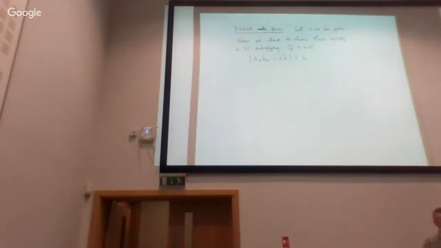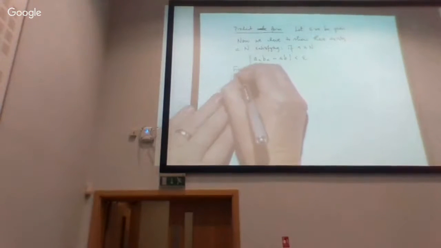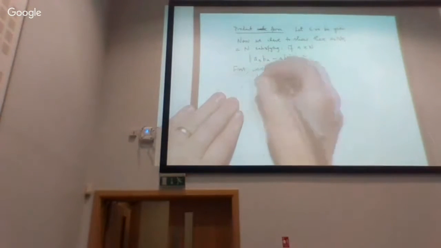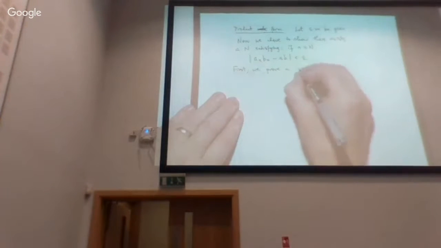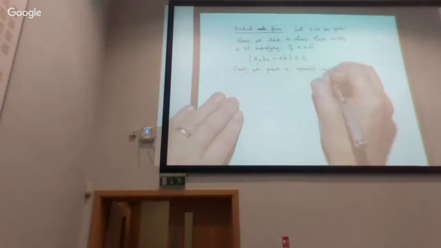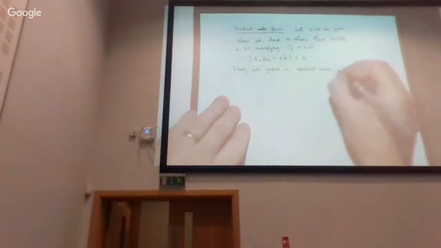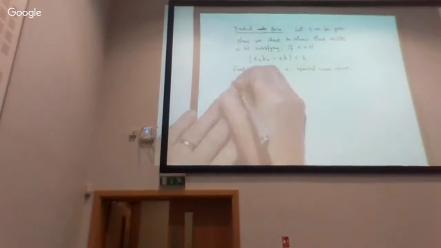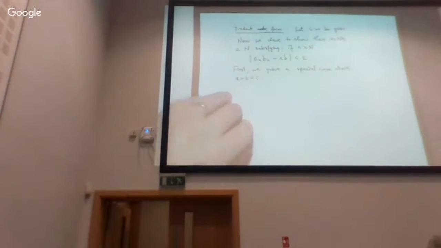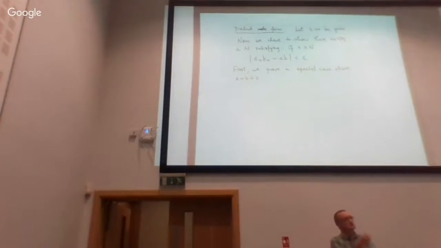Now, we're going to approach this in a strategic way. So first, we prove a special case. And also we're going to show you the way we can reuse results we've already proved to prove more. So I'm going to prove a special case of this. I want to examine a very simple type of situation, so not completely general. We'll prove a special case where both of the limits A and B happen to be 0. So I'm throwing in an extra assumption here. I'm assuming that the two sequences I'm dealing with are both converging to 0.